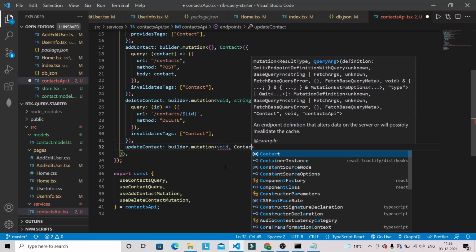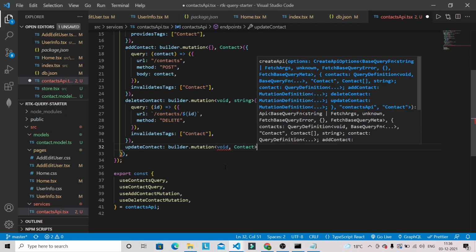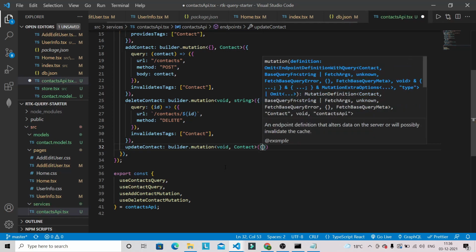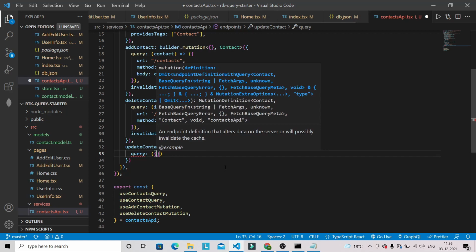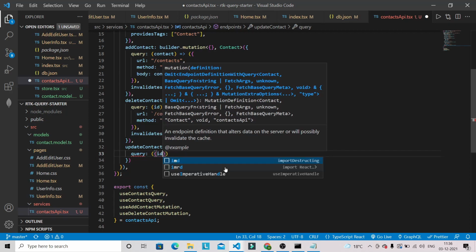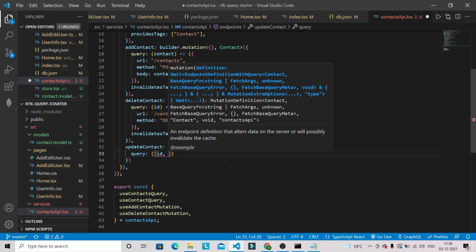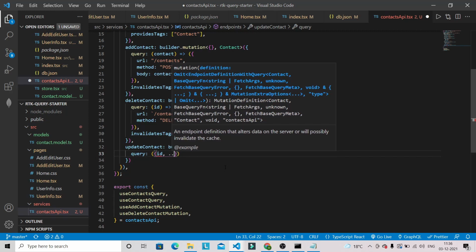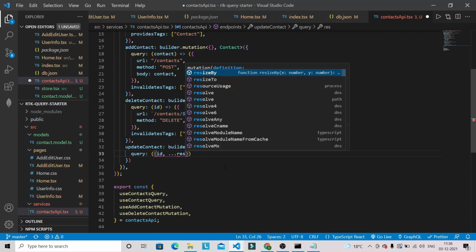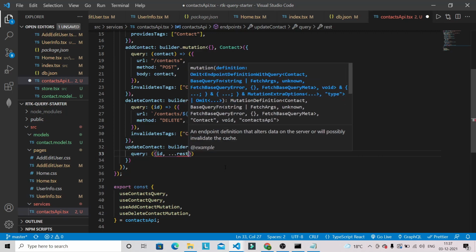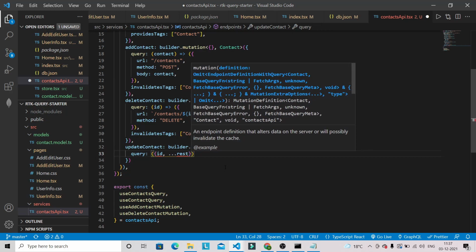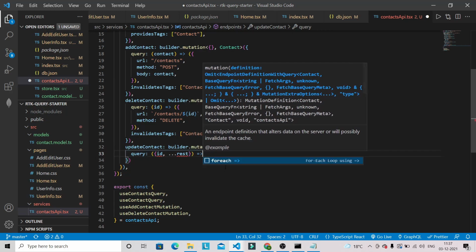Okay, and after that you have to write the query. So we are going to update the contact based on the ID. So I'm just extracting the ID here, and I'm just going to put the other detail as it is. So rest we can give here. This is the other information like name, email and contact. And after that we can have that arrow function,